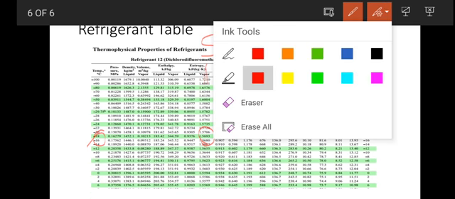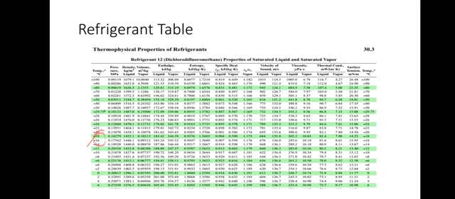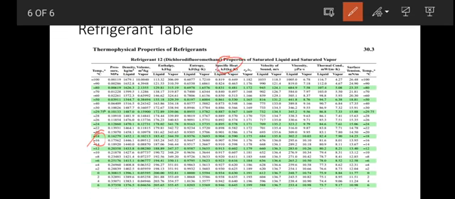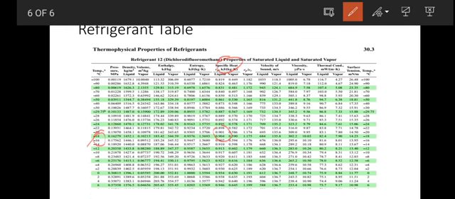The remaining property is the specific heat. For specific heat, Cp is indicated in kilojoule per kg Kelvin. For the liquid it is 0.904, and the specific heat at the gas point is 0.590 kilojoule per kg Kelvin. So by using this, we can find the corresponding properties at minus 18 degrees.